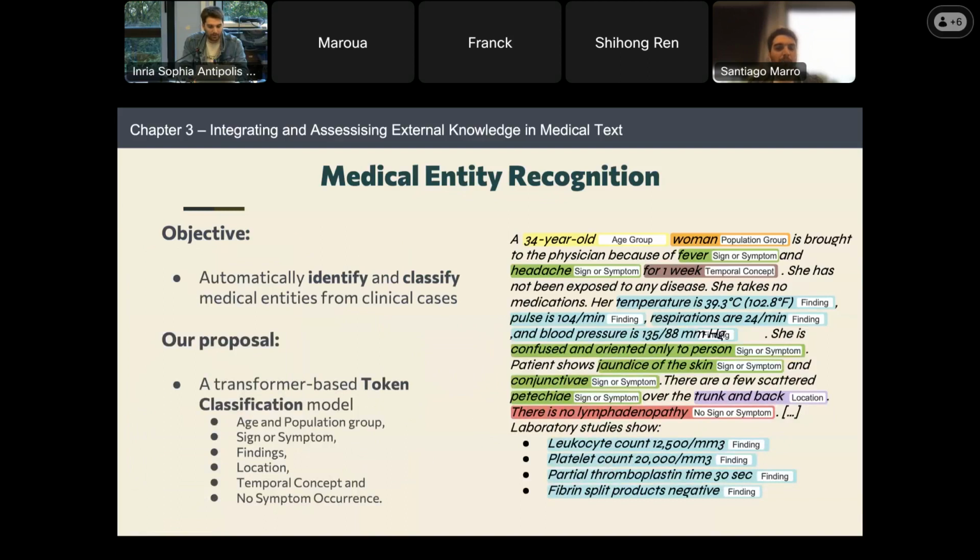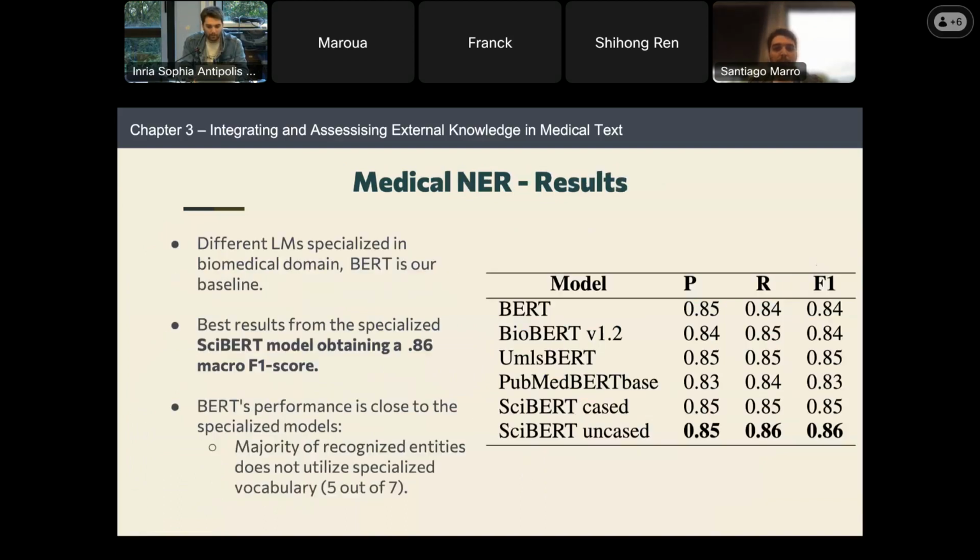So for the medical entity recognition, we propose basically a token classification model. Given all these labels, we want to identify and classify all these medical entities. And we experimented with different large language models specialized in the biomedical domain, with the best results obtained with BioBERT Cased, and we see that we have an F1 score of 0.86 for all of the labels.